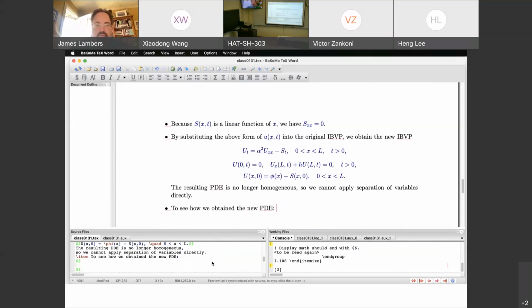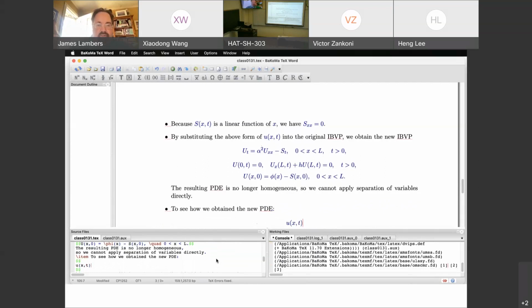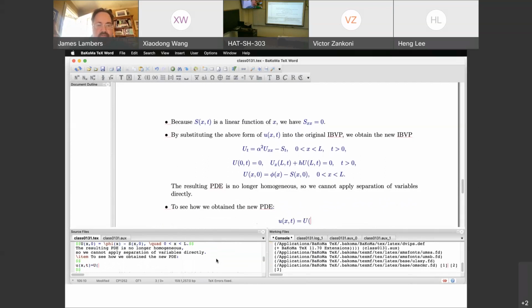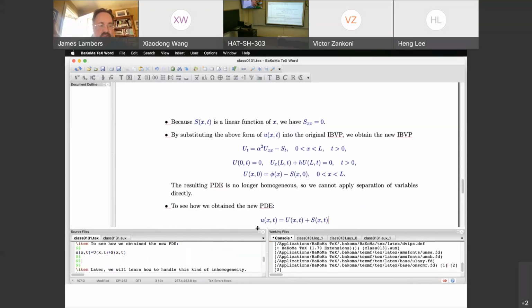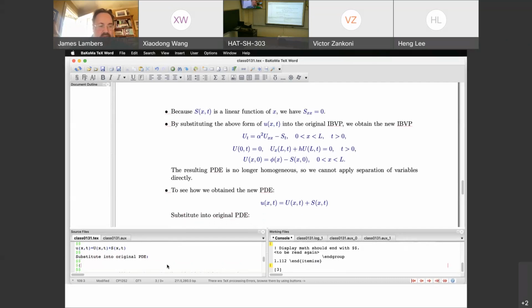And this is a viewpoint that works well in general. Because we have our original solution, little u of x,t, it's capital U of x,t, plus capital S of x,t. So now if I take this whole expression and substitute it into the original PDE that little u satisfies, then I have,